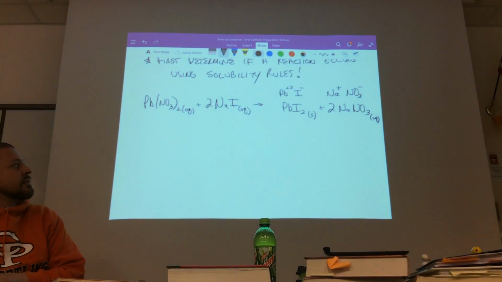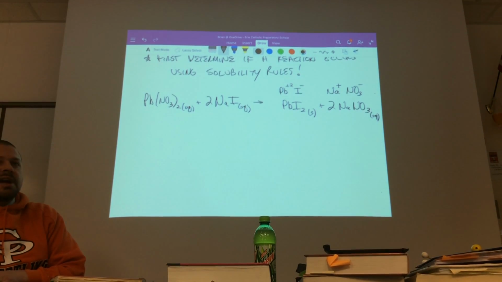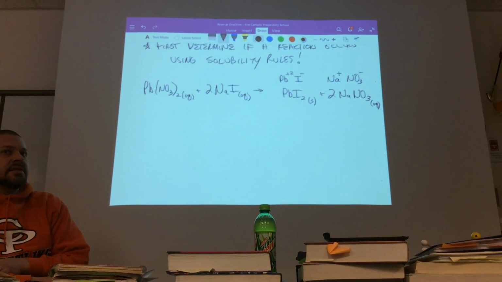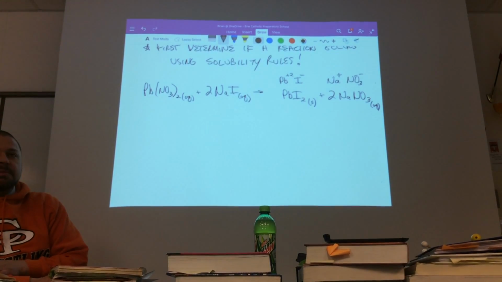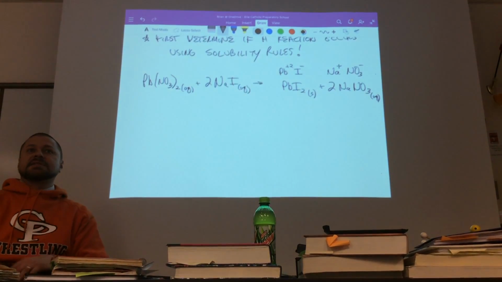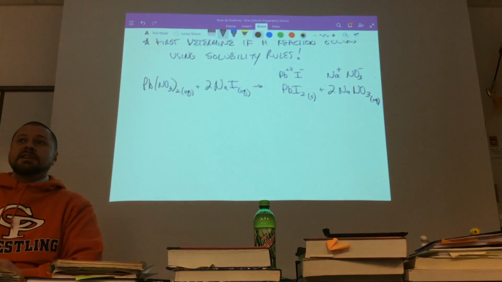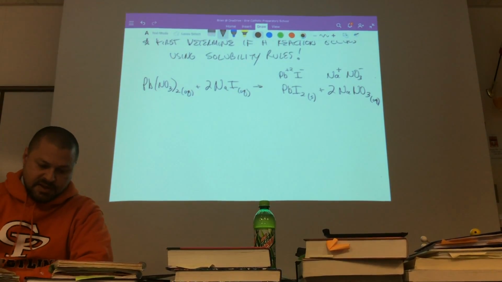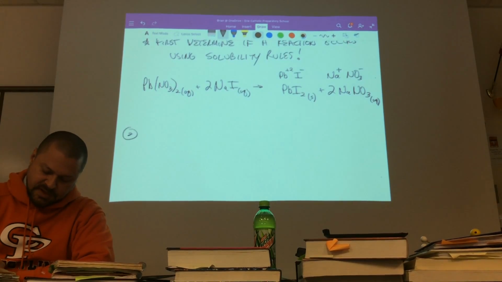How come it's in front of the Na? Because when you balance, all you're allowed to add are coefficients. Okay. When we mess with subscripts, we're messing with what the substance is. When I mess with coefficients, I'm messing with how many of the substance I have. Okay, so now we just did that. Now watch this. The next step would be the complete